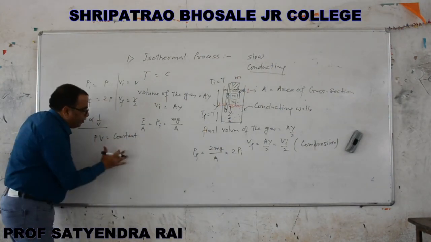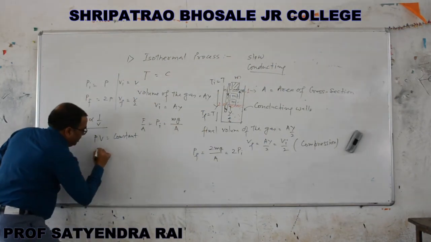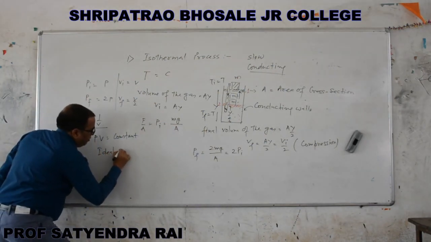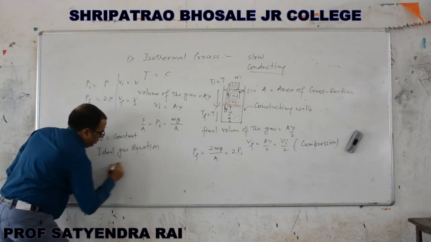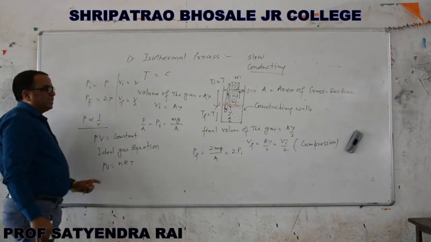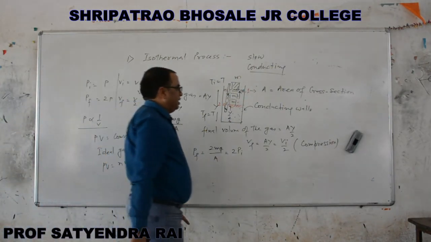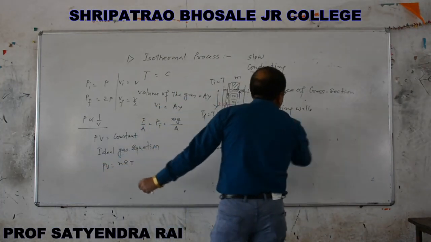We can verify this result by our ideal gas equation. From the ideal gas equation, what we know is PV equals nRT, where n stands for the number of moles of the gas, and when n moles of the gas are taken,